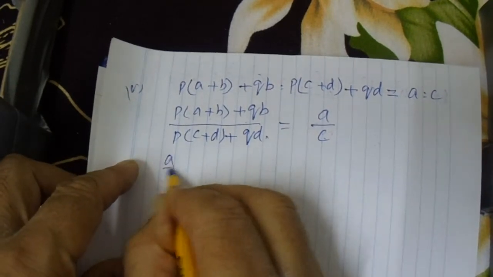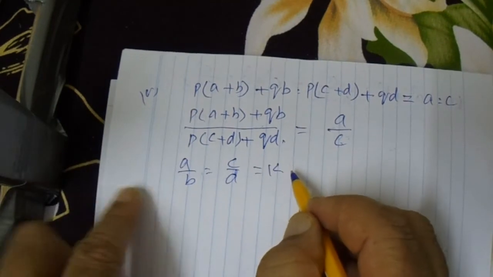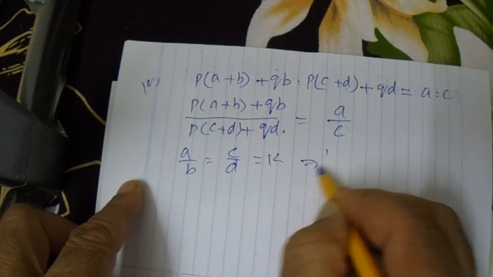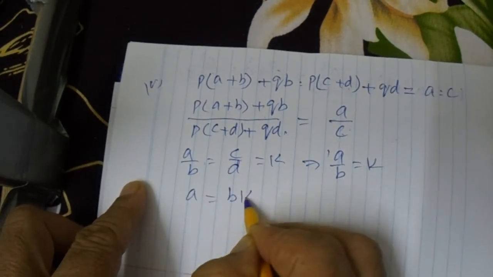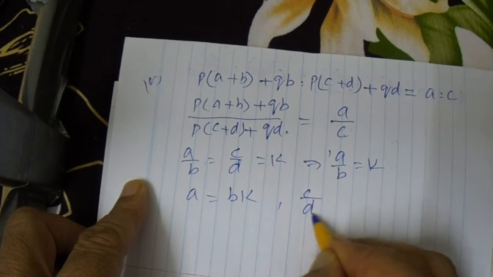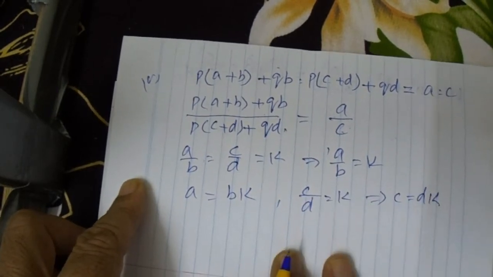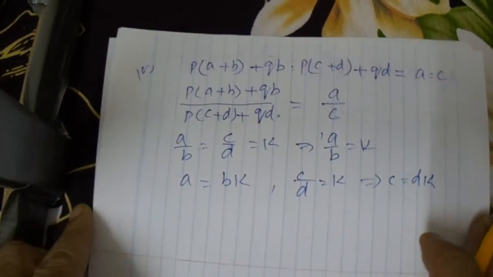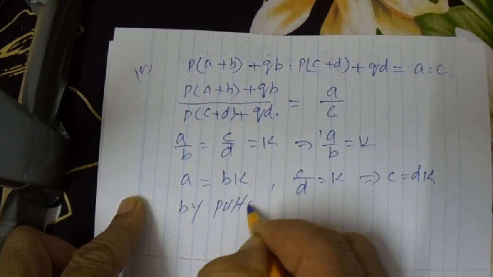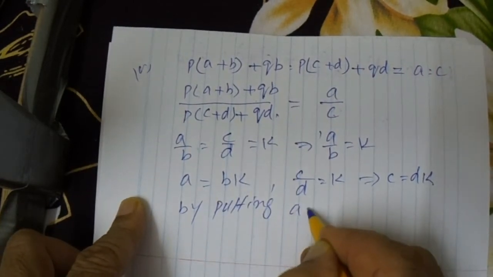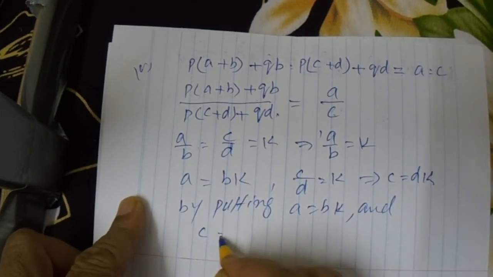Now again a over b is equal to c over d is equal to, now put here a over b is equal to k or a is equal to bk. Similarly c over d is equal to k and c is equal to dk. And here by putting a is equal to bk and c is equal to dk